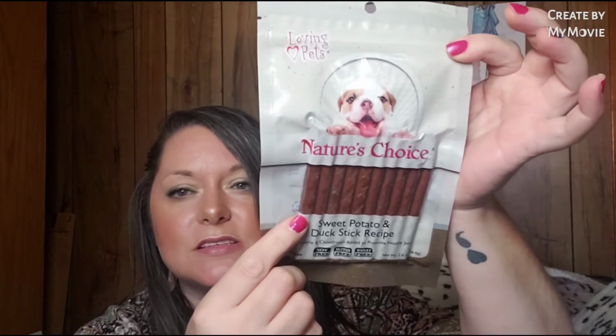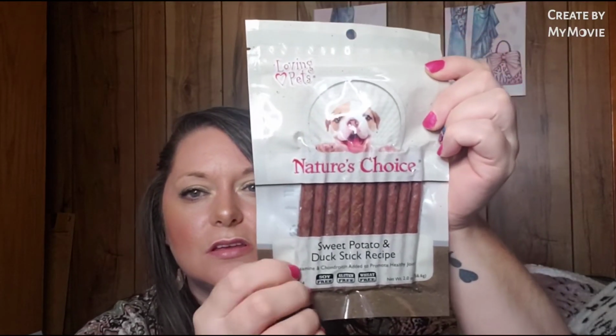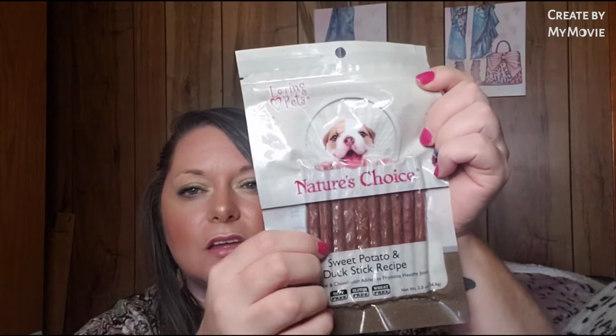So I got 2 bags of this. It's almost like beef jerky sticks, I guess. And he's already had 2, and he absolutely loves them. My dog, Casper. So I also found the infamous Neoprene pencil cases that Marina from Confessions of a Dollar Tree